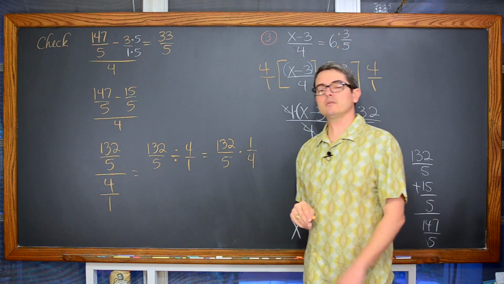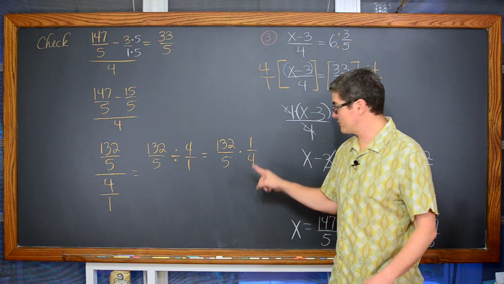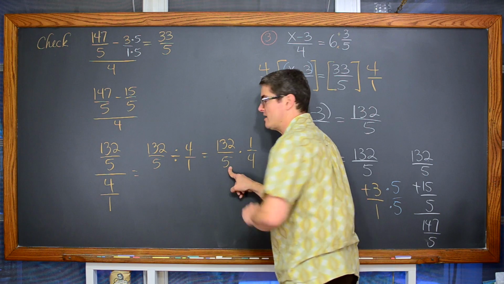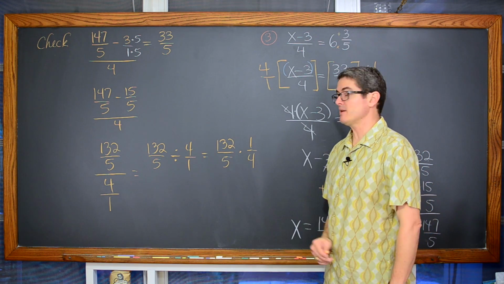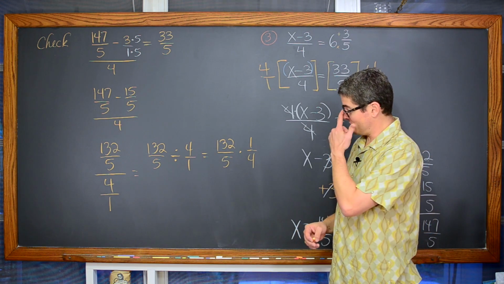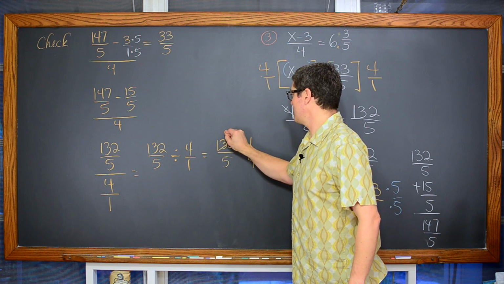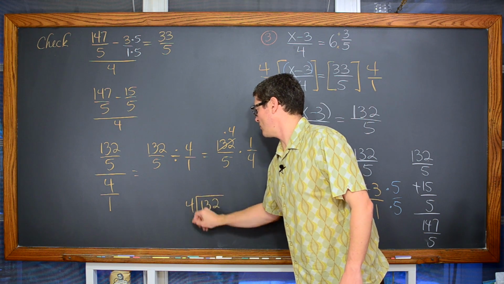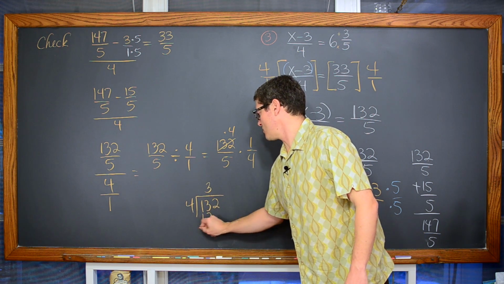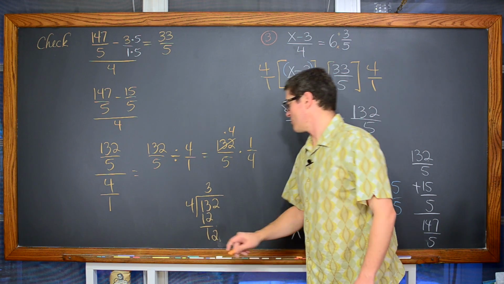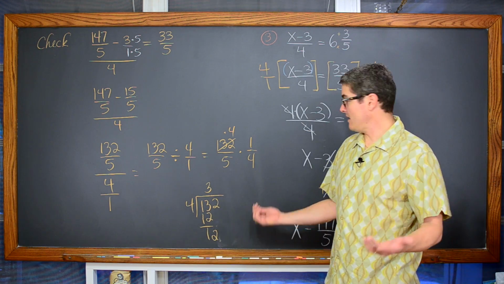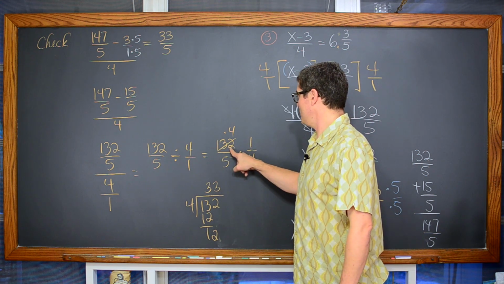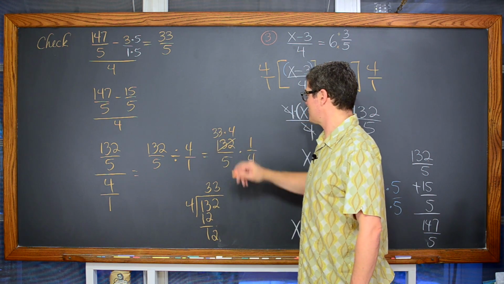And does 132 have a factor of 2 or a factor of 4? Well, this denominator is equal to 5. I'm trying to match that. So I hope 132 has a factor of 4. Let's see here, 132 divided by 4. That's going to go in there 3 times. Comes out with 12. Oh, that's a remainder of 1. Bring the 2 down. Hey, yeah, that's going to be 3 again. And so 132 is 33 times 4.